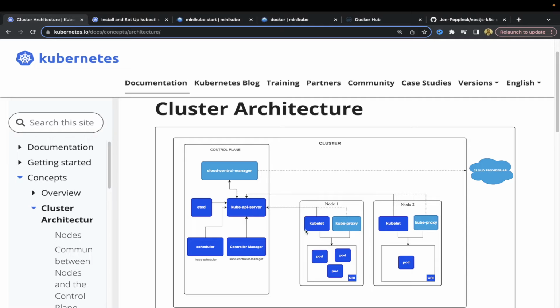It also has this proxy, kube proxy, and this kubelet contained within it. Kube proxy, firstly: for a container, we need to have some sort of communication outside so we can connect from the internet to our container. And kube proxy allows us to have those inbound and outbound requests. Whereas kubelet,